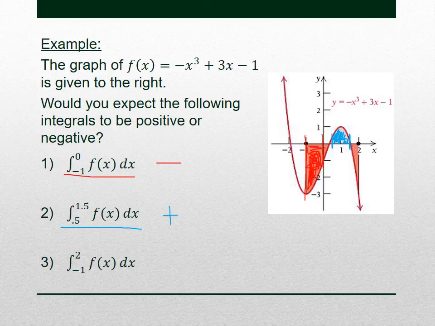Now, if we look at the definite integral from -1 and running all the way to 2, remember that will give us the net area. Right, so what I have shaded in blue would be counted as positive area, and what I have poorly shaded in red would be counted as negative area. And so if we're trying to determine if this is positive or negative, we would look at this and see which one does it look like there's more of. And so since it looks like there's more negative area, more red shading than blue shading, we would guess that